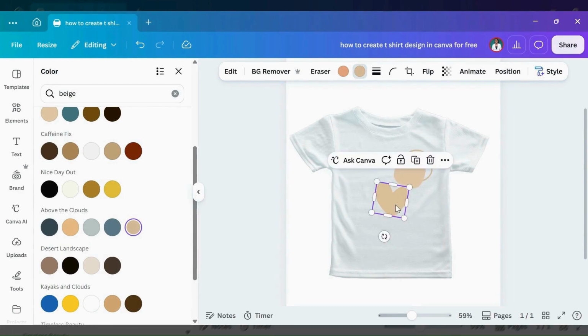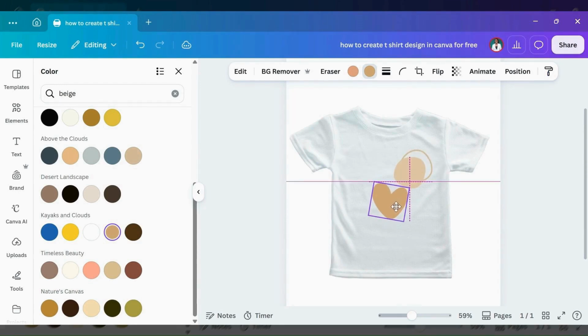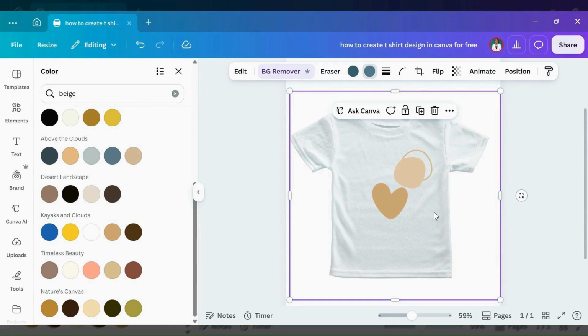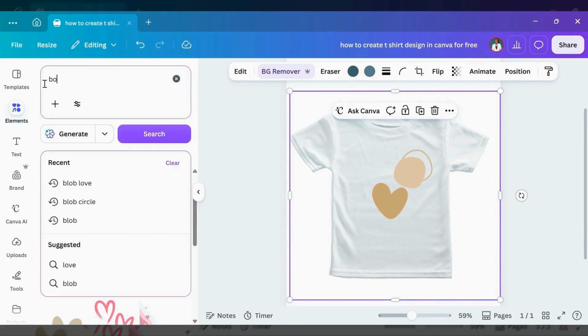The other ones that I have, let me look for one that looks okay. Oh yeah, I think this is okay. Enlarge it just a bit. Okay, that's fine. The next thing, you go to elements again and find a botanical